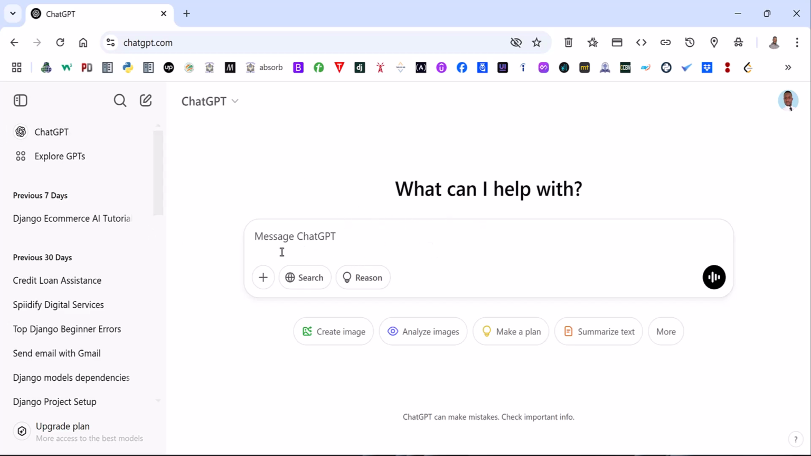So for us to get going, we want to give a prompt to ChatGPT. This is where we're going to type. But before, we need to start a new chat with ChatGPT, which is here. Then you're going to give the prompt. In this case, we want to create a product model with ChatGPT. Then we are going to say